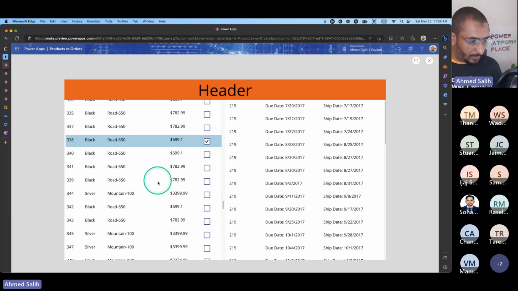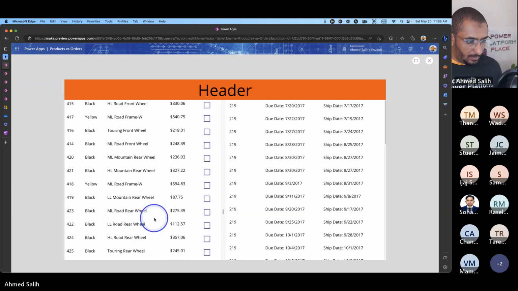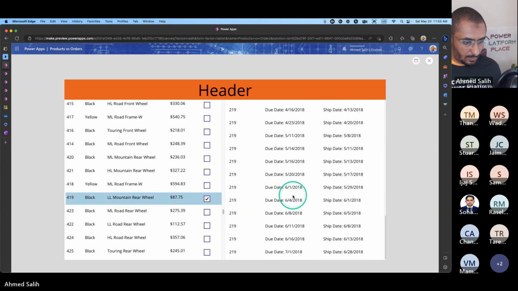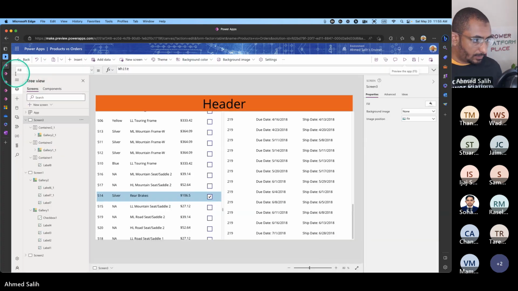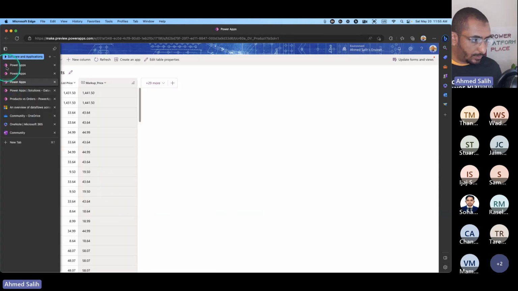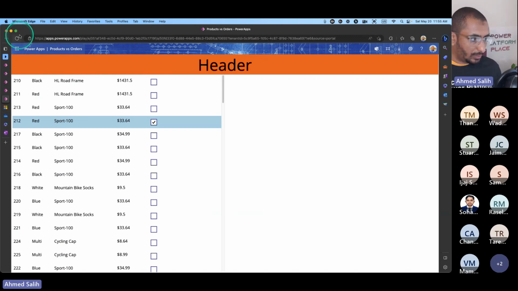It's not changing for some reason. Okay, that's fine. That's not the responsive part. Let's come back here. Where is it? Yeah, here. So if I actually scroll this down,